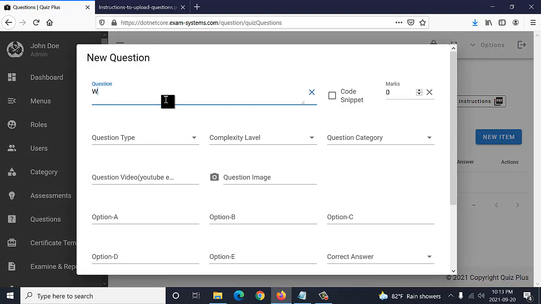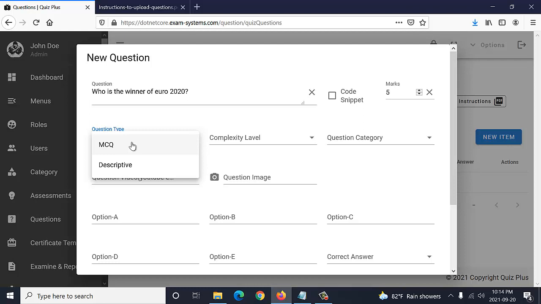Suppose, who is the winner of Euro 2020. So I like to set marks, suppose 5 marks, and this one is for MCQ or descriptive. If you set it MCQ, you need to set options there, but if you want to set a descriptive question,